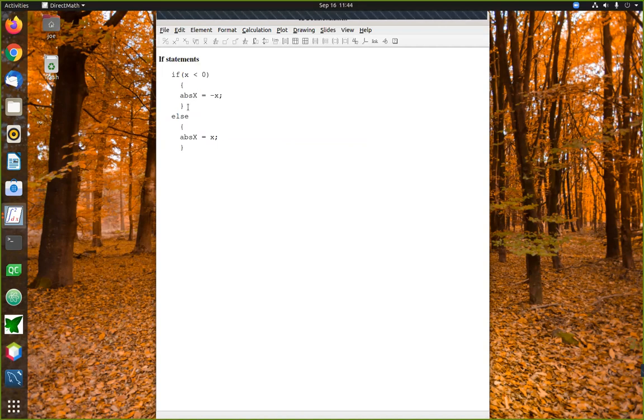The main requirements are that it has to have a test, and it has to have two possible outcomes and two possible areas that show what you want to do in each of those two cases. If the test is true, we have some code that will run in that case. And if the test is false, we have alternative code that runs in that case. Okay, so that's the basic structure of the if-else statement. Next, let's talk about some variations you can make on the if-else statement.